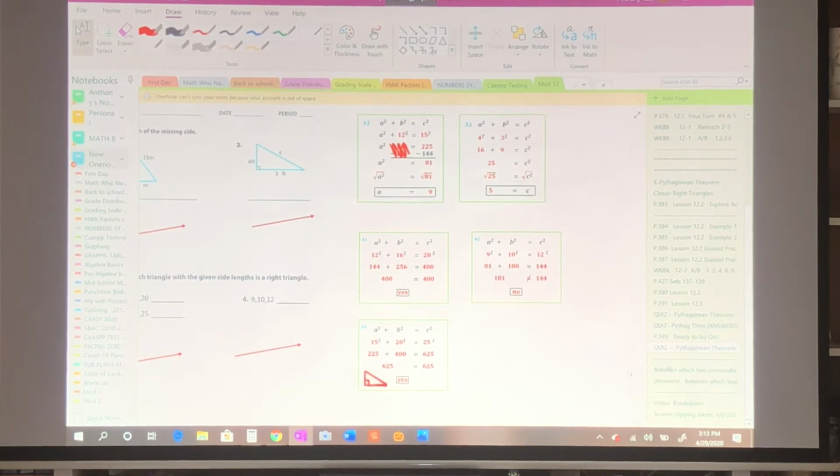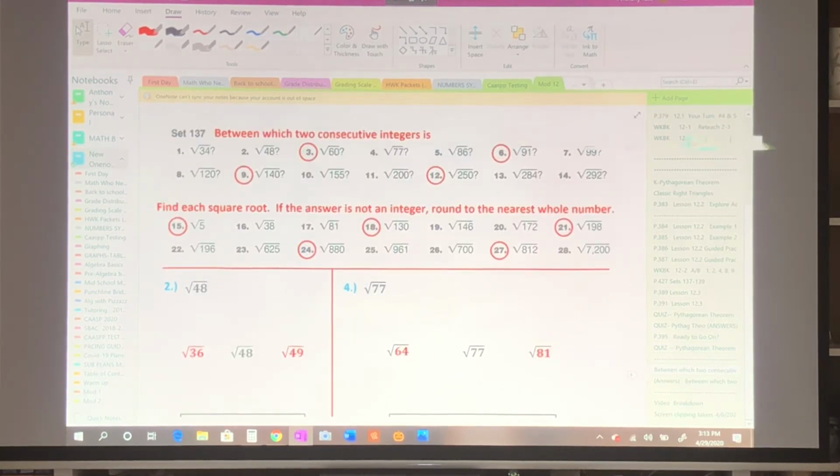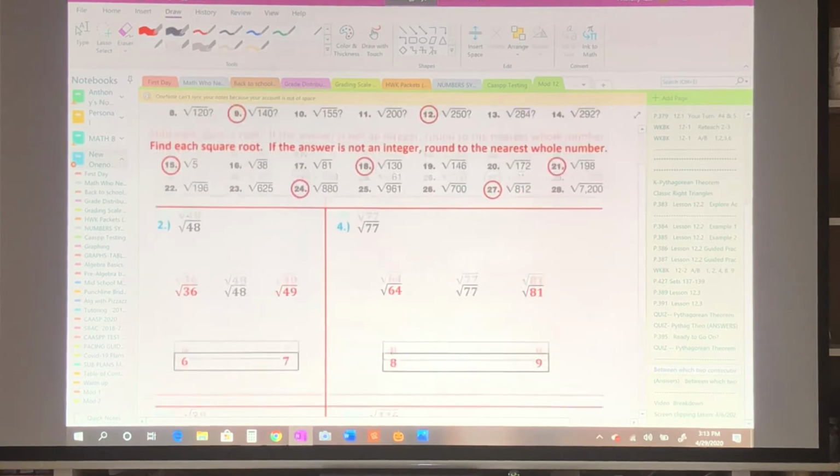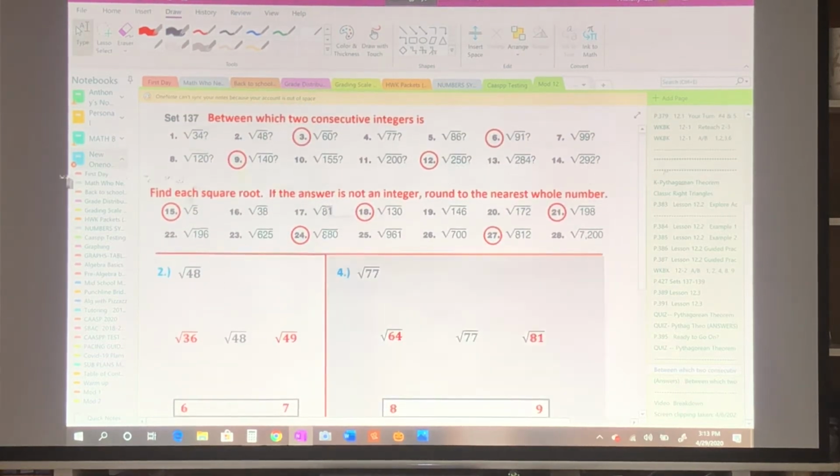Okay, then I sent you that worksheet, and I noticed I copied some stuff, and I copied it wrong on here. I didn't notice it. It's wrong on your paper. You'll see. Okay, the ones in the circles are the ones we're doing for homework, and I picked 2 from each section. I picked number 2